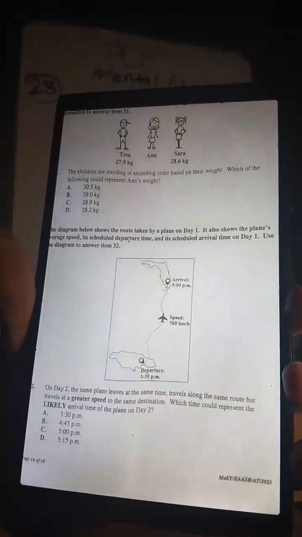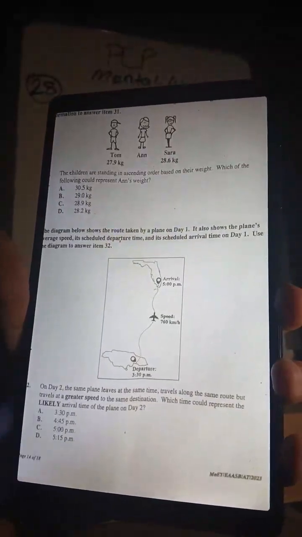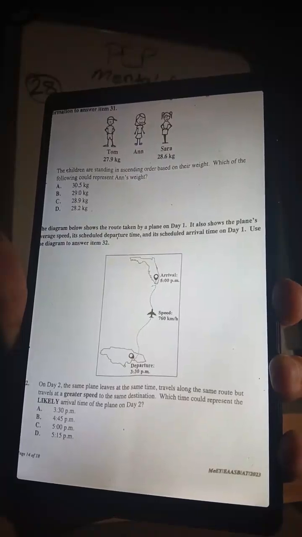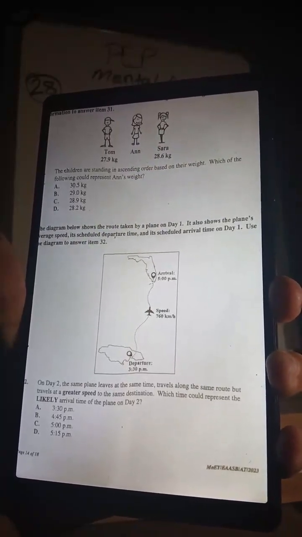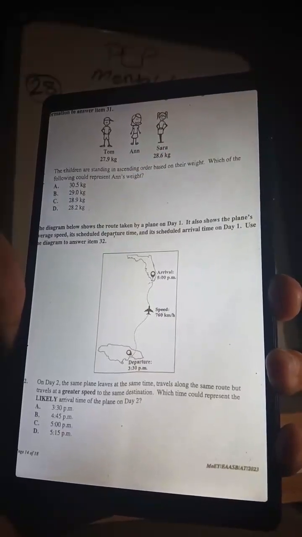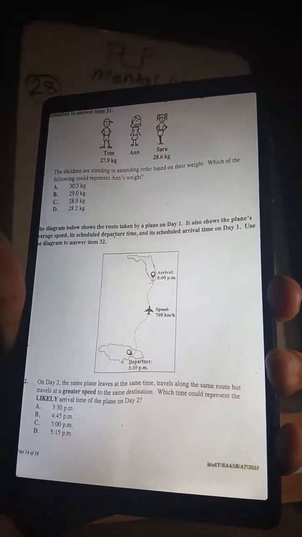Now, the thing about it is, this is what they said about this particular thing. On day 2, the same plane leaves at the same time, travels along the same route, but travels at a greater speed to the same direction. If you're traveling at a greater speed, it means that the